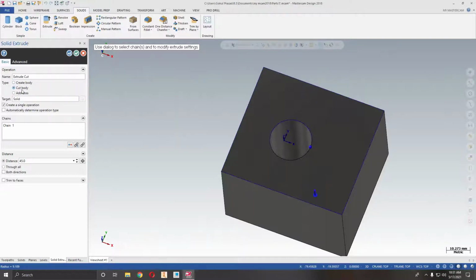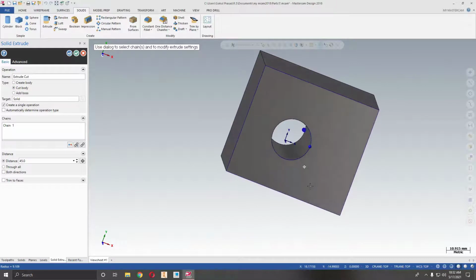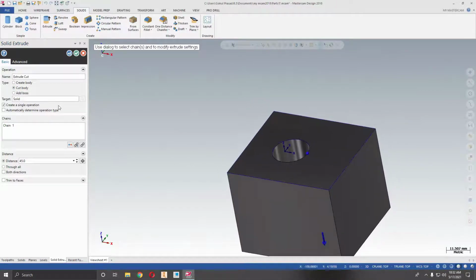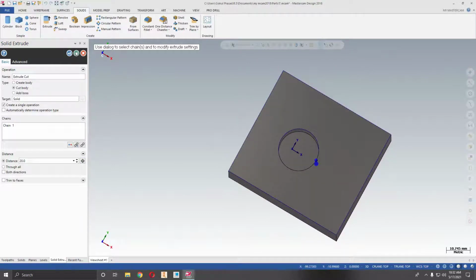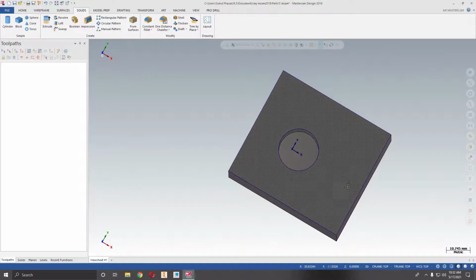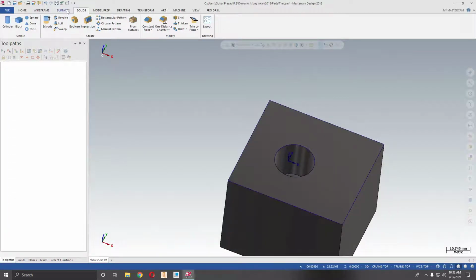Here I go with the cut body because I need a hole. The distance is the same as my previous distance, but I need only 20 mm. I will click OK, and now I will show you how the boss function works.